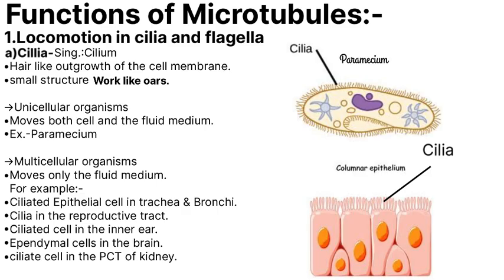The cilia is the plural term of cilium. Cilia are the short hair-like outgrowths extending from the surface of a living cell. These small structures work like oars, causing the movement of either the cell or the surrounding fluid. What is an oar? Okay, tell me, do you remember your childhood boat rides, or have you ever sat in some small boat or seen someone rowing a boat with oars?